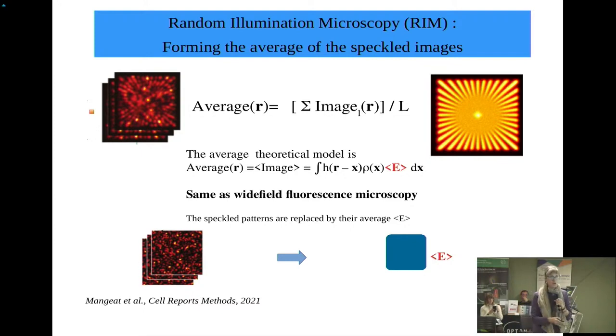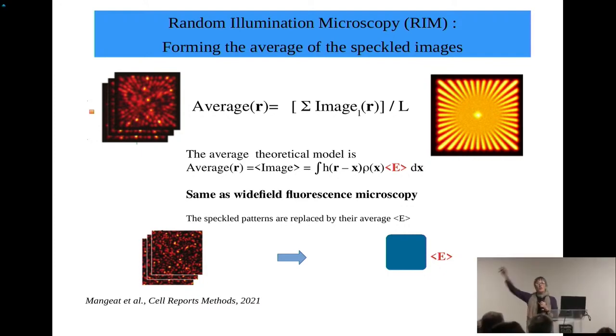And the average of the field is a constant, so you have built a wonderful wide field microscope, in a very long time, because you had to record a lot of different speckles. This comes from the fact that when you illuminate with speckle and you sum all those speckles, you will have a uniform homogeneous illumination in the end, if you have enough speckle. So this is not a good idea. But you see that by taking the average of the images, you have removed the necessity to know each speckle pattern, because you have replaced the speckle pattern by the average of the speckle pattern that you know.